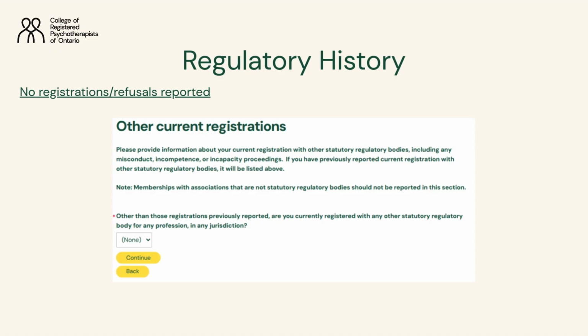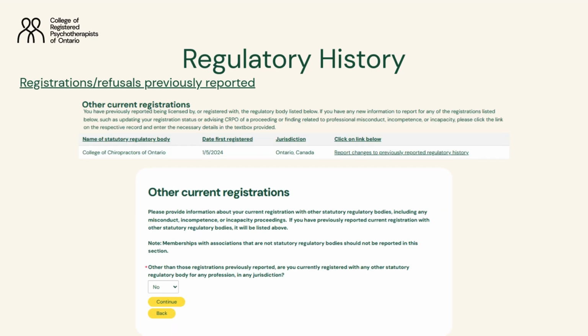If you have not previously reported any regulatory history, the page will look like this. If you need to report something new, select Yes from the drop-down and enter the relevant information on the next page. If you do not have anything to report in these sections, select No from the drop-down and proceed to the next page. If you have previously reported regulatory history, the information will appear in a table like this on